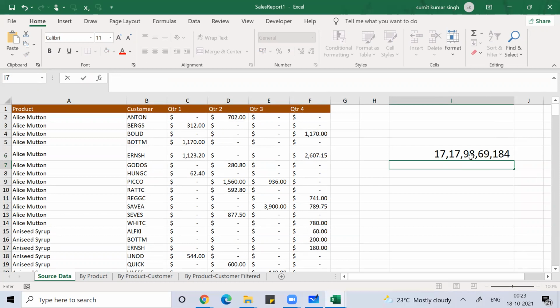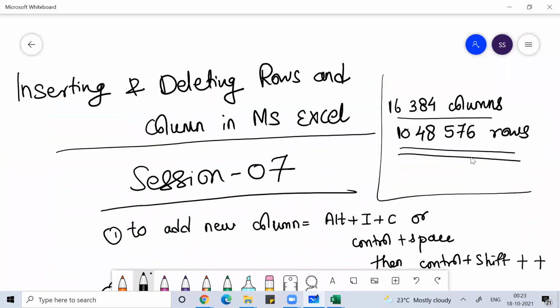Now coming back to the session, I was talking about cells in MS Excel, and cells are made of rows and columns. Rows are numbered, and columns are written alphabetically at the top. The last column is XFD.